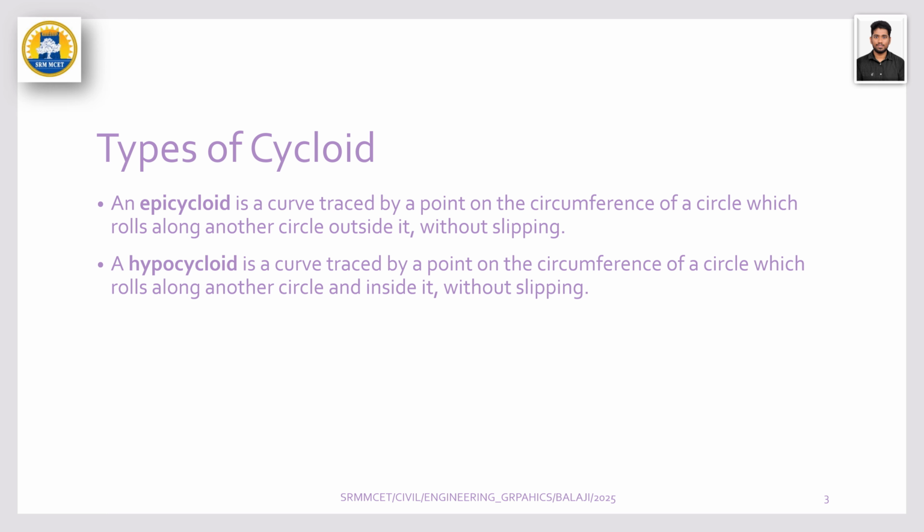There are two types of cycloids. One is the epicycloid and one is the hypocycloid. An epicycloid is a curve traced by a point on the circumference of a circle which rolls along another circle outside it without slipping. Basically, if there is already a circle and another circle rolls over this particular circle on the outside, the path traced by the rolling circle gives a curve known as an epicycloid. In this case, this is the larger circle, and the smaller circle rolls over it,